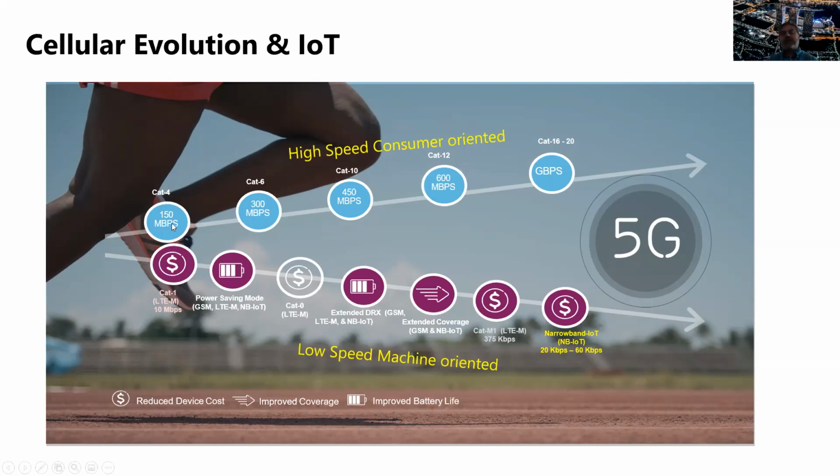Obviously, your speed was advertised as 150 meg. Today, we are anywhere between Cat 18 to Cat 20 modems, supporting anywhere between 1.2 to 2 gigs bandwidth. And of course, 5G is coming. There's enough hype about 5G as well, which we're also going to be involved deeply in, as you possibly saw some of those announcements. But as you can see, there is the high-speed flavor, very consumer-driven, where there is requirement for bandwidth, be it for industrial applications and/or for even gaming and other aspects of it. But that's where the flavor of 5G comes into play in the future.